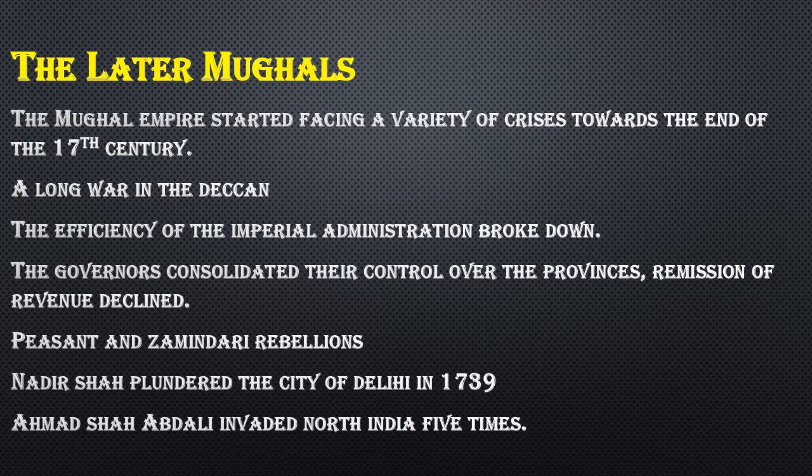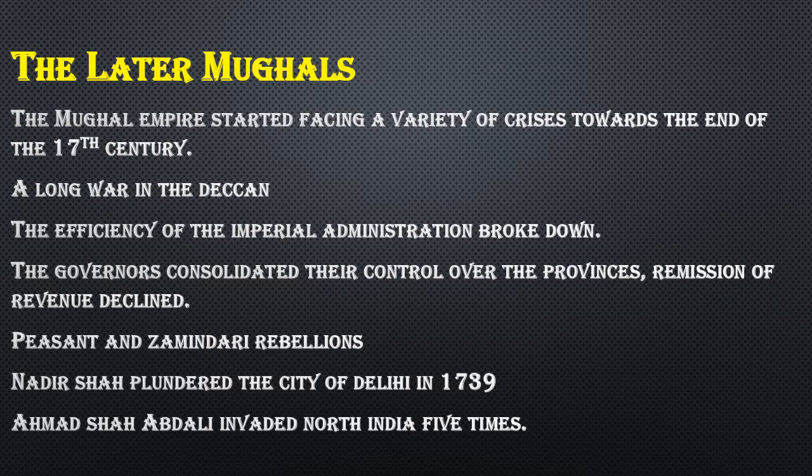It became increasingly difficult for the later Mughal emperors to keep a check on the powerful Mansabdars. This eventually led to a situation in which the governors consolidated power and control over the provinces. It finally led to a decline in revenue. There were many rebellions led by the peasants and zamindars. Nadir Shah plundered the city of Delhi in 1739. Ahmad Shah Abdali invaded North India 5 times between